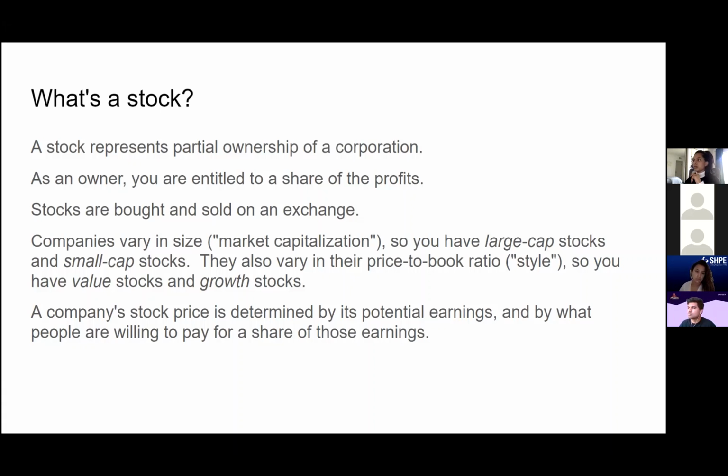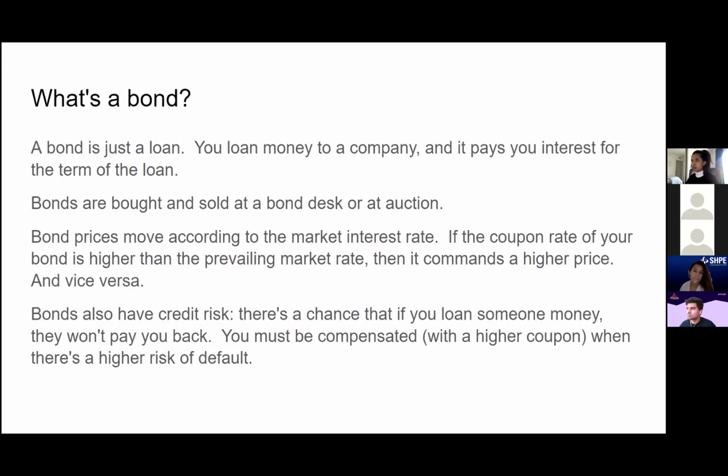So a company's stock price is determined by the market. And when financial analysts say, well, we think this company can make this much money, so we think that we can value a stock this way. But there's also a behavioral component called the PE, the price to earnings ratio, and it says, well, how much am I willing to pay for a share of those earnings? So that's how stock prices are determined.